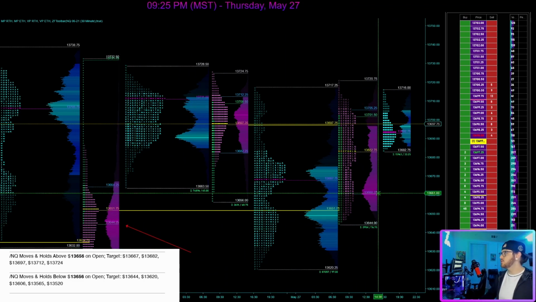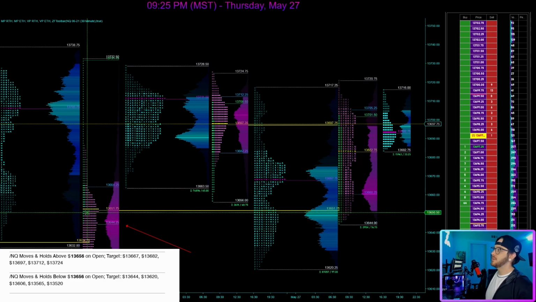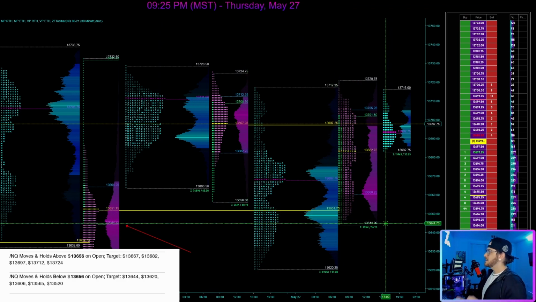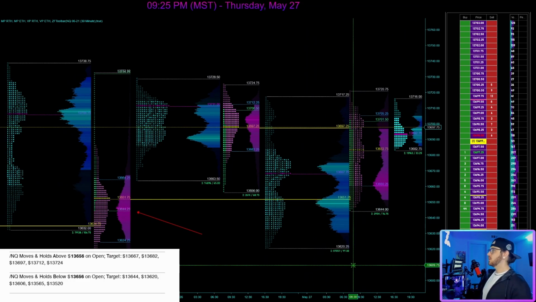Now we moved into 13,644. That was the initial balance low from the May 25th session. And very, very interestingly enough, that was today's low within one tick on NQ. So you guys will see that these profile levels getting hit are no coincidence. These are levels where there's resting liquidity, where there is a lot of orders, where larger players know they need to go down, absorb that liquidity to ultimately move price where they need it to go next to help the market remain efficient.